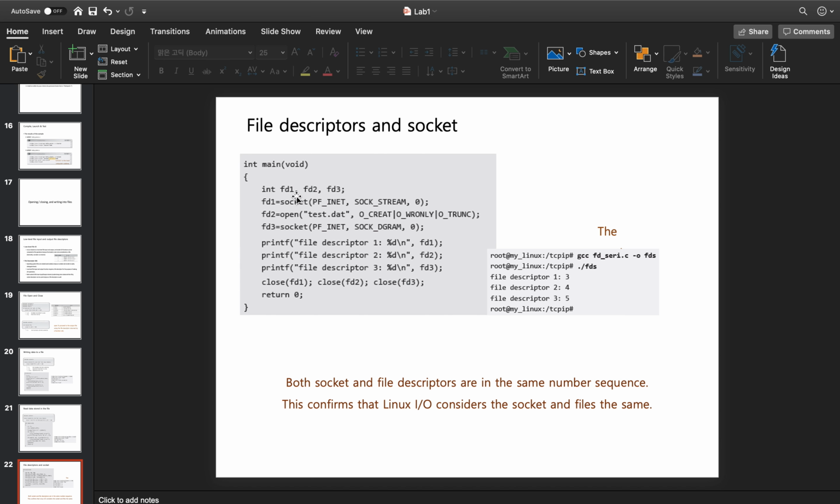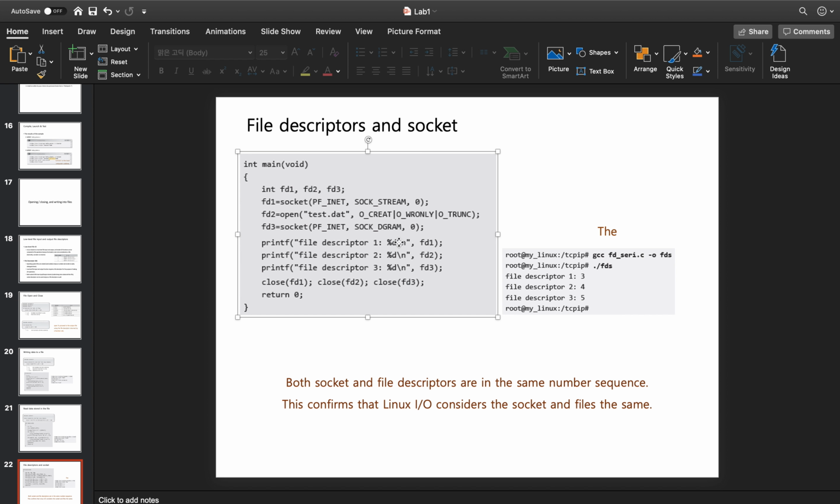As you can see, we are creating three file descriptors. For file descriptor 1 we are creating a socket, and then for file descriptor 2 we are actually opening a file, and then for file descriptor 3 we are just creating another socket with different parameters. The first one was TCP and the second was UDP. And we are printing out the file descriptors, and what we want to see here is that the file descriptors must be in increasing order